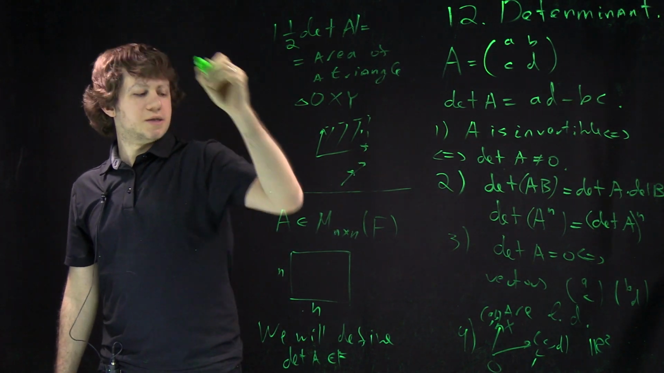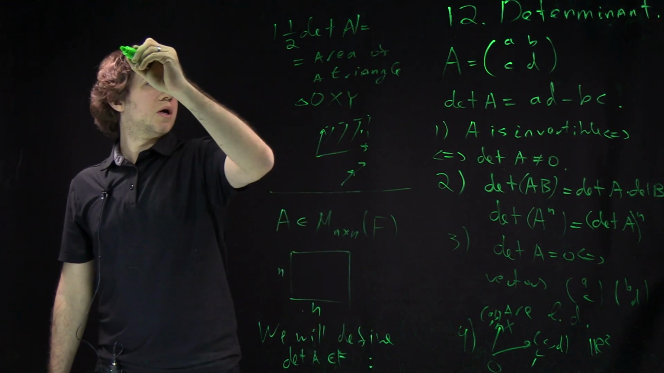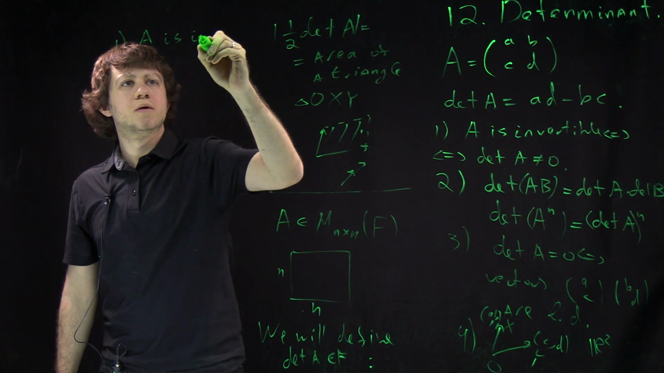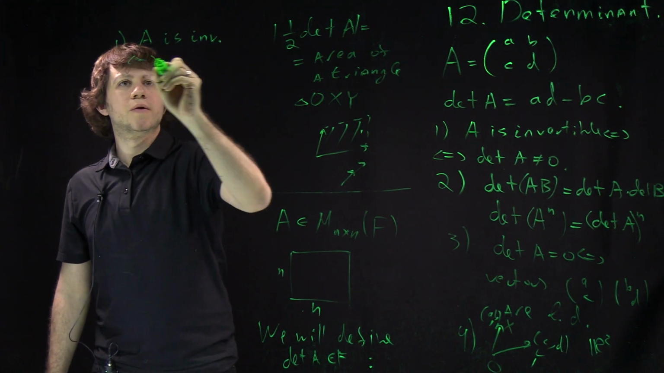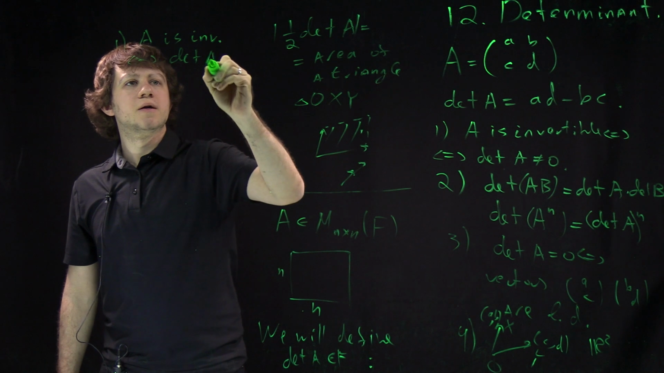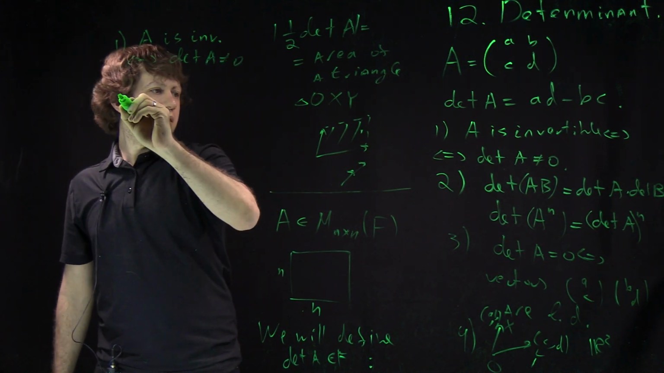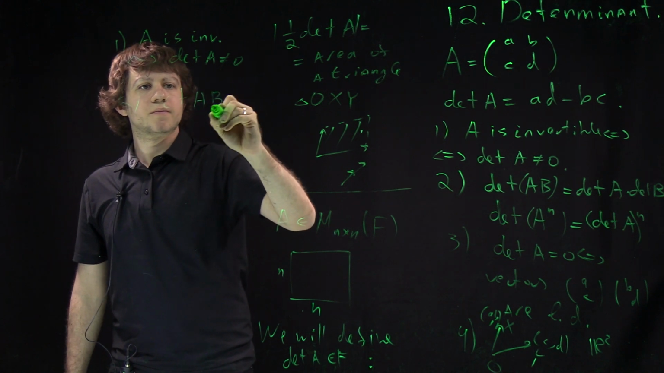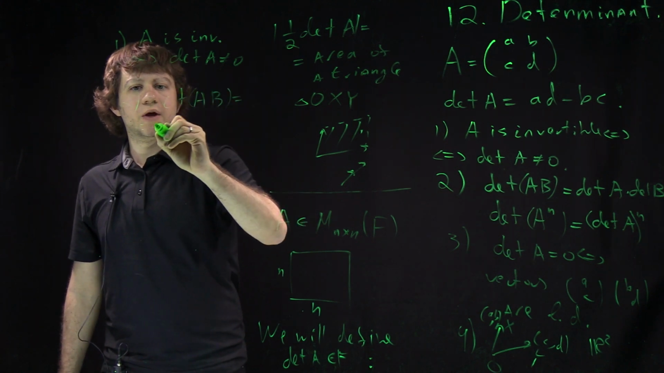Such that, first one will be A is invertible if and only if the determinant of A is not 0. Second will be that the determinant of AB is the determinant of A